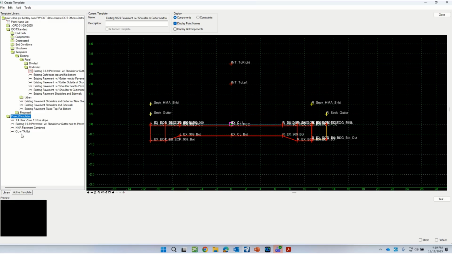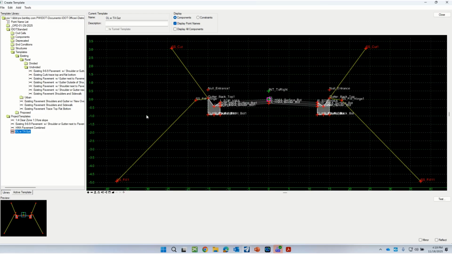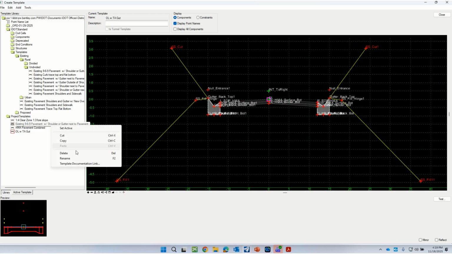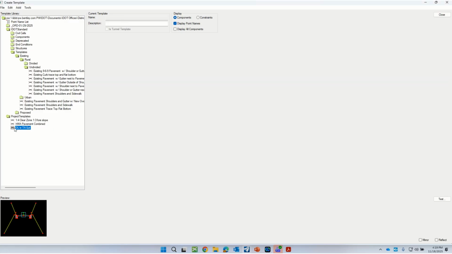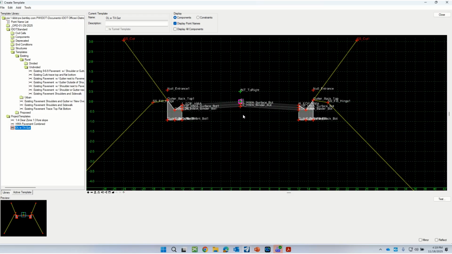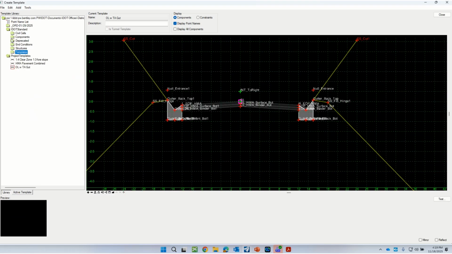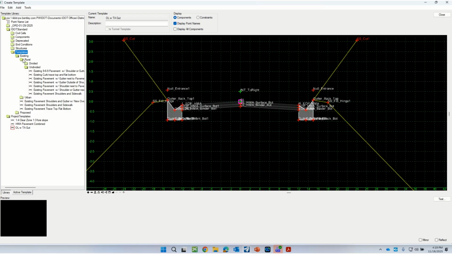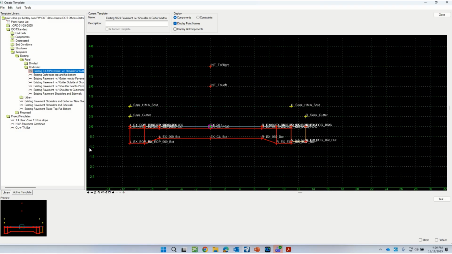Which is, it's over here in our project templates, right? So let's see, let me get rid of this for a minute. There it is. So there's the template we've been working on. So we want to add some 969 pavement, and then some widening and existing gutter on both sides. So what we do, like we always do, we go up to the IDOT library, see if we can find anything. And if you look in templates, rural, undivided, you'll find an existing template